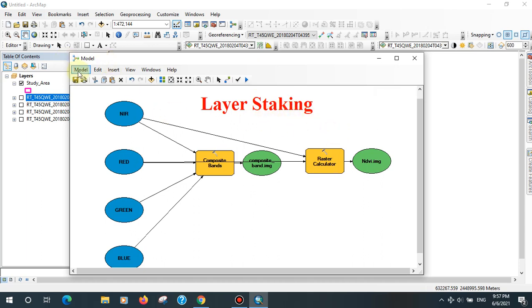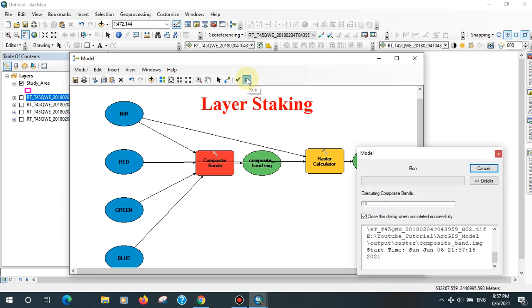Okay, now save the model. After saving, you can process the model. Just click here. Now it's processing. It will take 2 or 3 minutes.